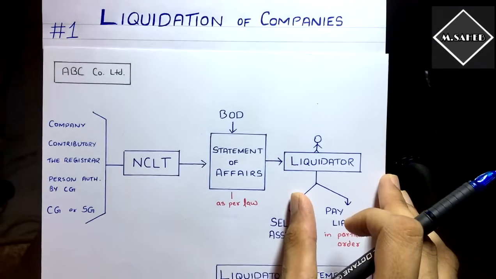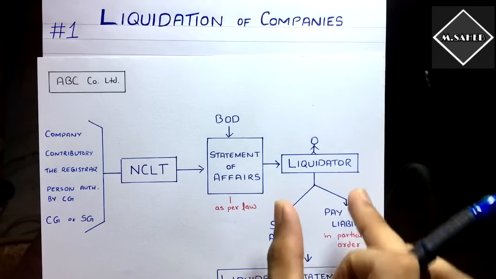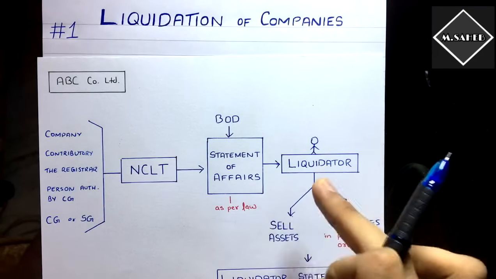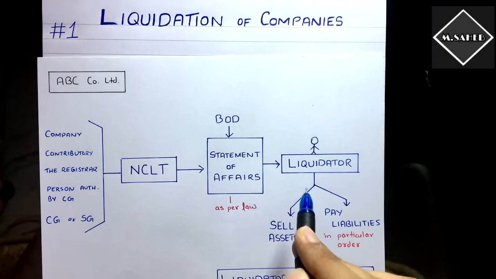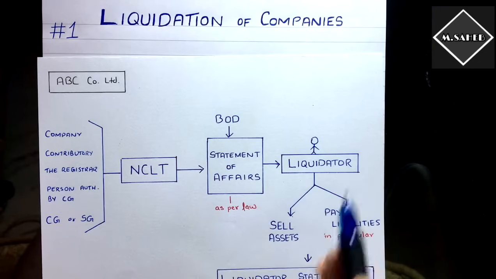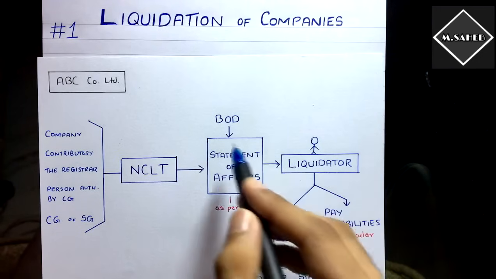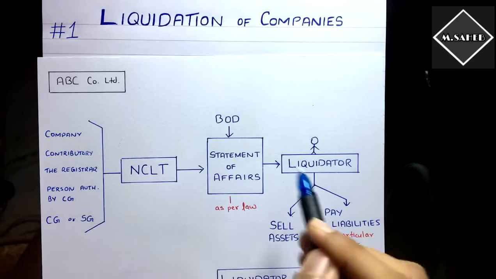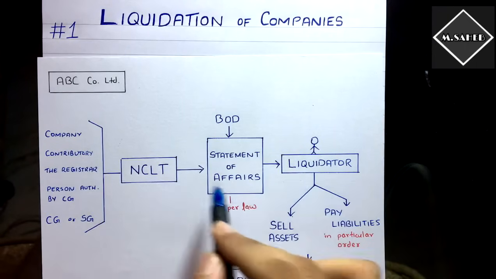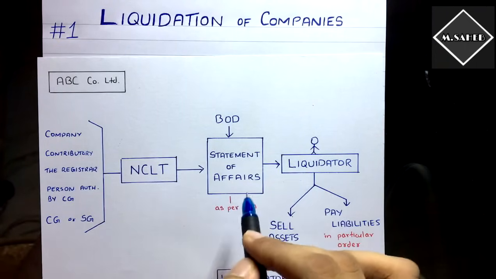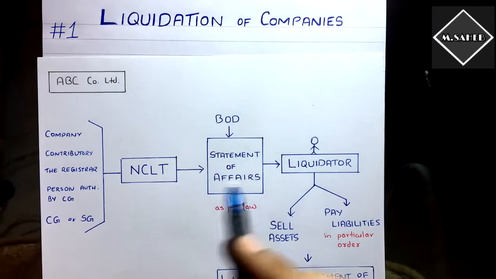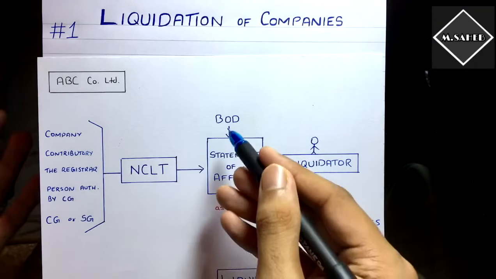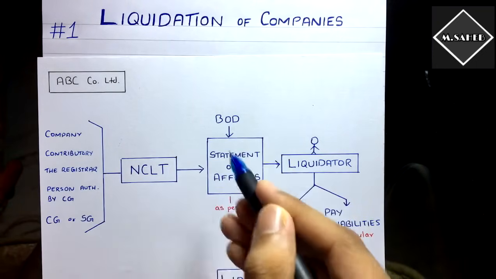So now what will happen? How will he get all the information that is required by him to carry out the liquidation process, the duties of the liquidator? To overcome this problem, this statement of affairs will be given to the liquidator, because in this statement all details are there. So this will be helpful for liquidators to carry out the liquidation process. And who will prepare this? The inside persons, the board of directors, will prepare this, and they will have the